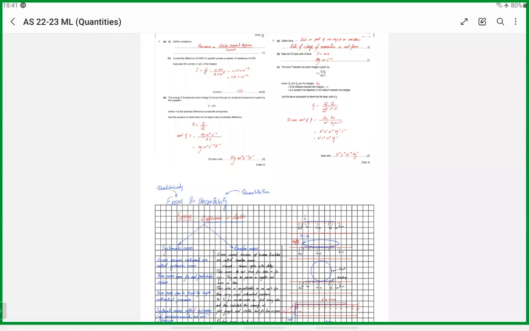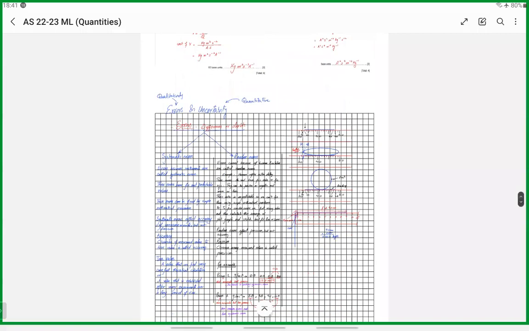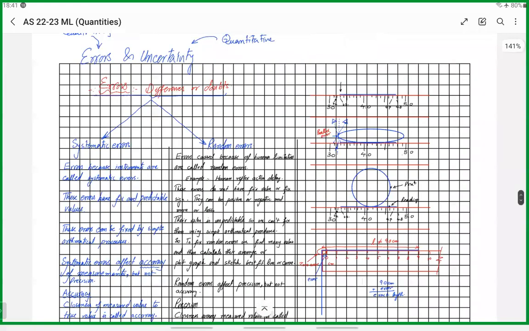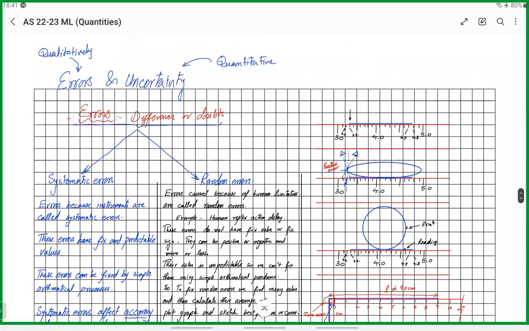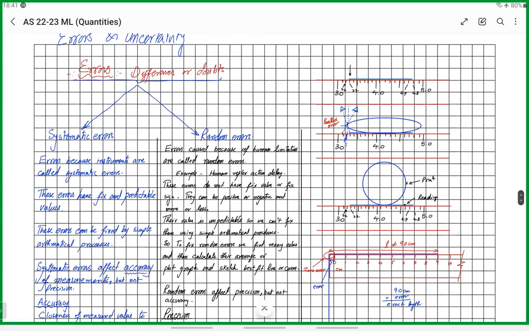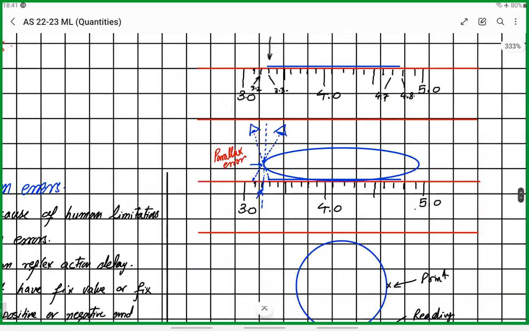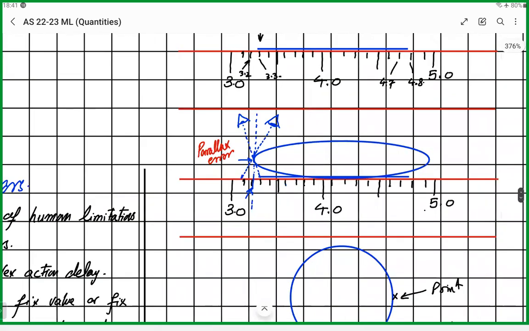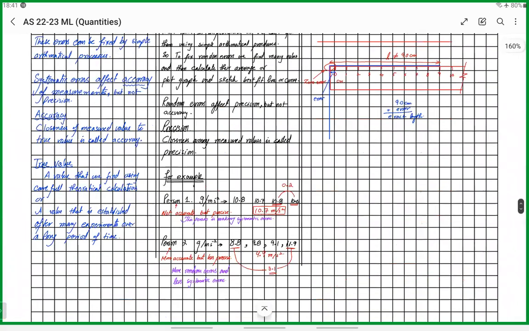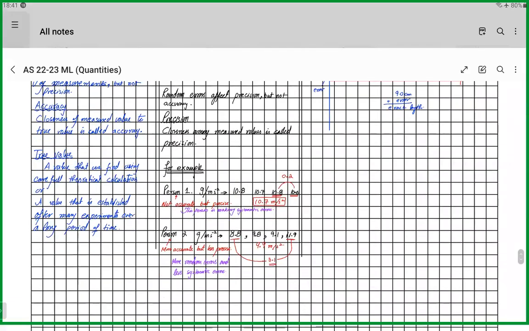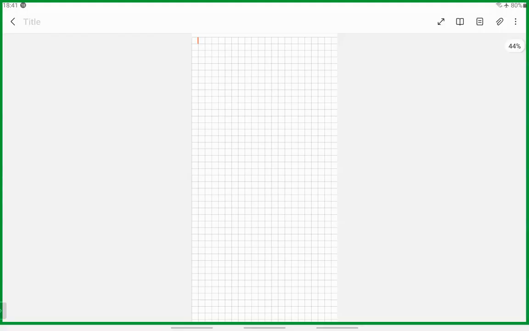Now, in the last class, we were discussing errors and uncertainties, specifically errors. We discussed what systematic and random errors are and how they come into existence, and then how they affect accuracy and precision. We did some examples for that. So today we will be starting